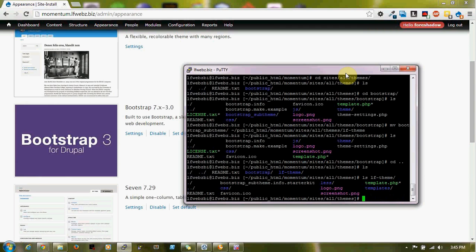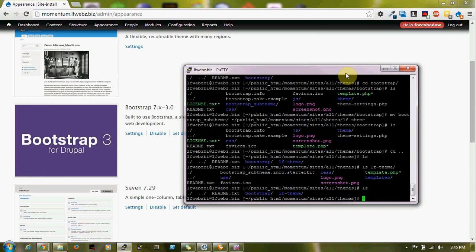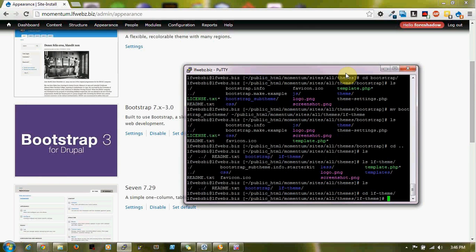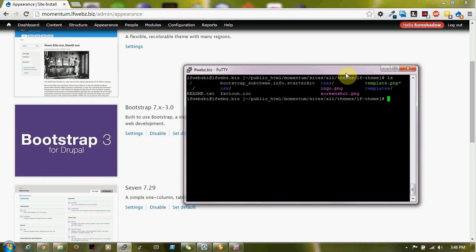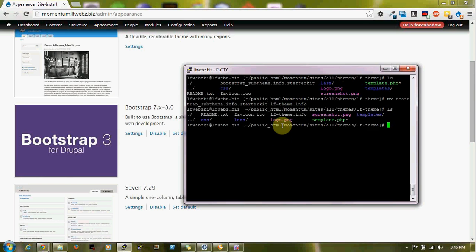Let's see, am I in the right spot? Oh, that's why I needed to go into the directory. Which I didn't need to go into it, but it'll make it a little easier for you to see. Actually, let me clear the screen so you can see everything a little easier. What I want to do is move/rename this file to LF theme .info. Change that. Should be good. Take a list. Now that file has